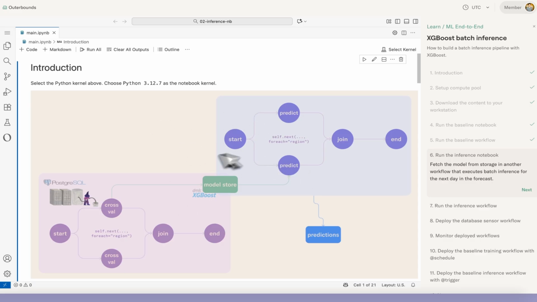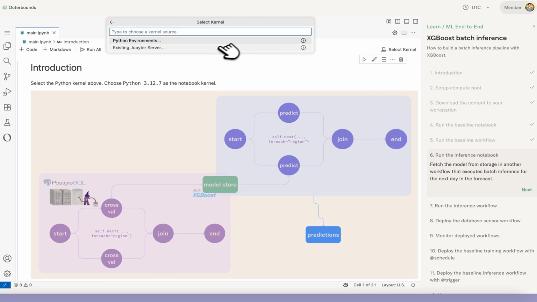Here, what we want to do is basically do what we just did, where we set up this first training flow with a notebook and showed those APIs in notebook land and then in a Metaflow flow. Now we want to do the same thing with a batch inference pipeline. So this notebook is representing the batch inference pipeline. And then in the next step, we'll build out this flow and run it, which is going to dump our predictions into the object store, or it could be somewhere else, DynamoDB, wherever your production applications that read these predictions need them to be. All right, so we'll connect to the same kernel,